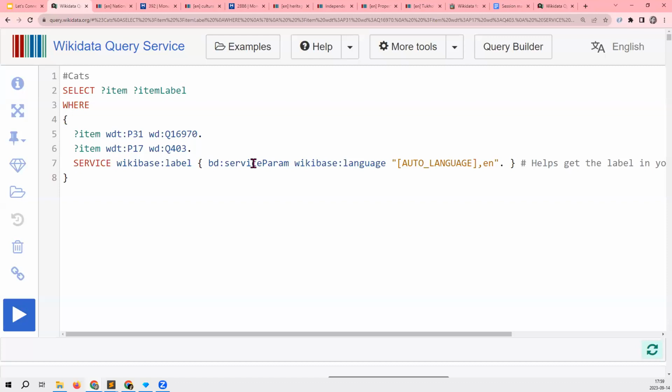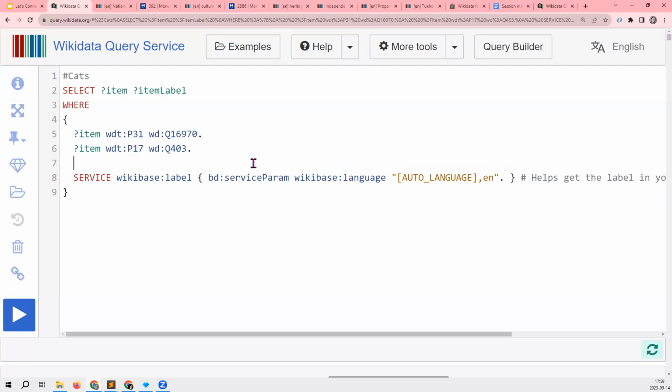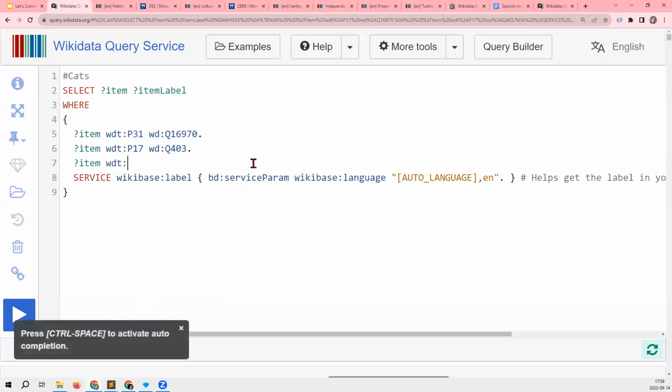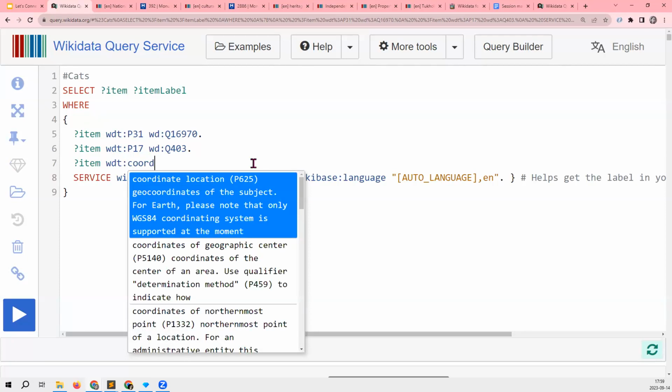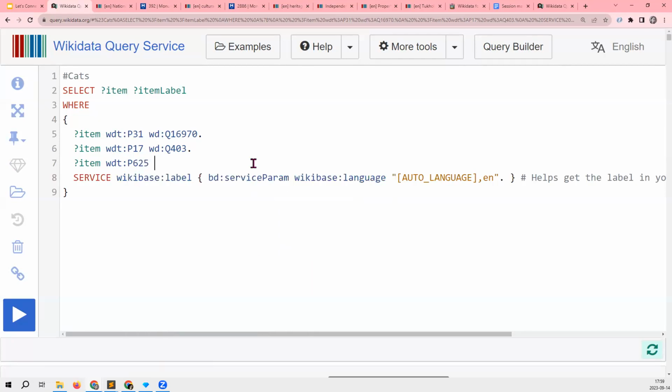And then I can think, what other properties do monuments have? Well, they might have coordinates. So I say, give me also coordinates, coordinate location. And well, in this case, I don't want churches with a specific coordinate location. I want to see all of those churches' coordinate locations.